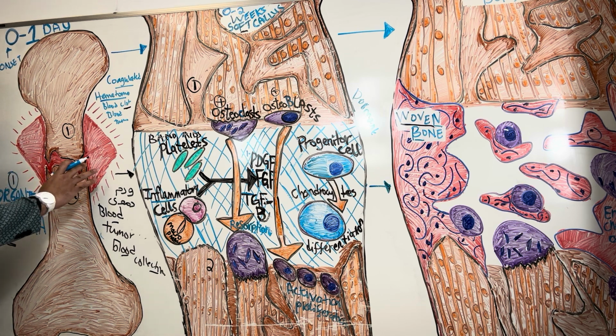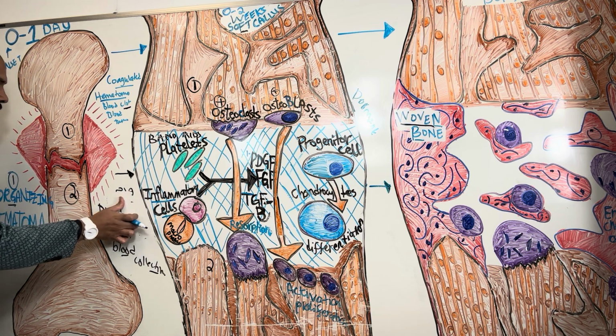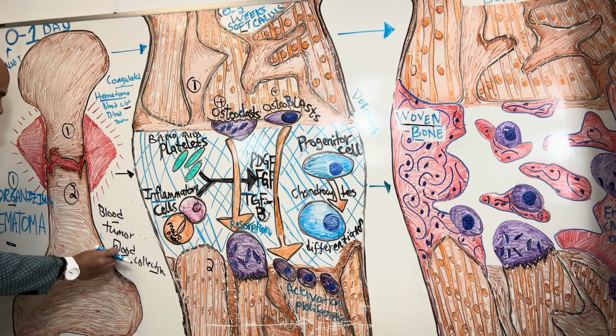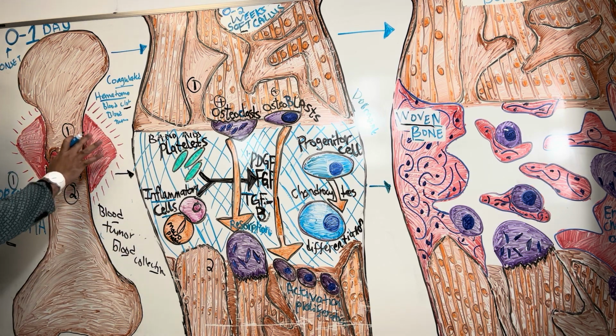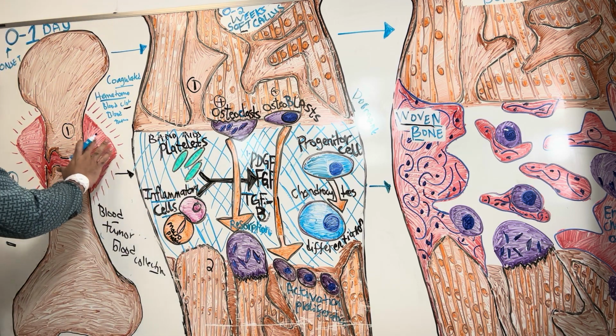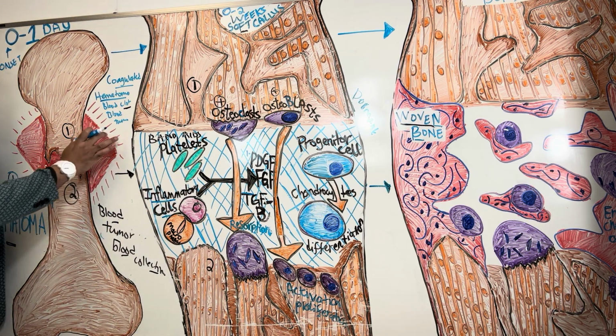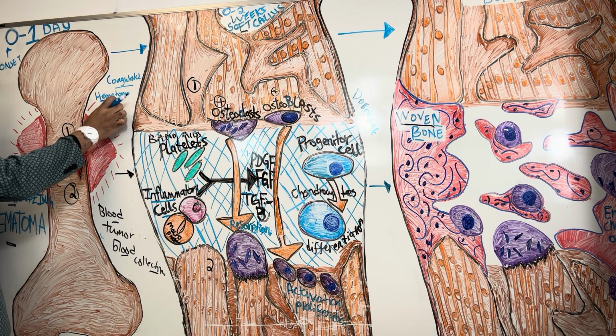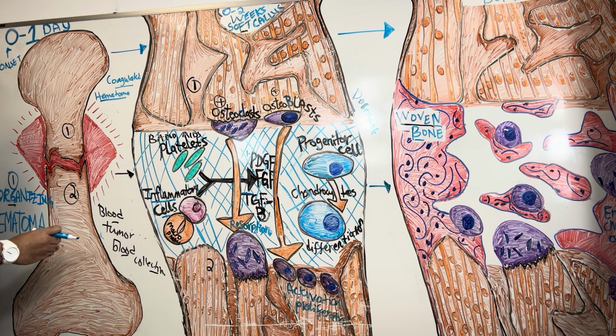A hematoma is a blood clot, a blood swelling, a blood collection. So you see this thick cushion-like blood collection is going to be surrounding the area of the fracture, as seen here. So you see the blood clot, you see the hematoma, and coagulation of blood around the area where there is breakage of the bone. Then the next step is this breakage of the bone leads to rupturing of blood vessels,